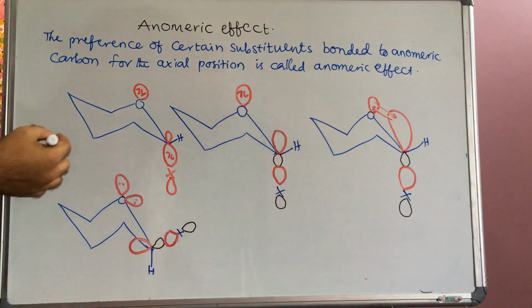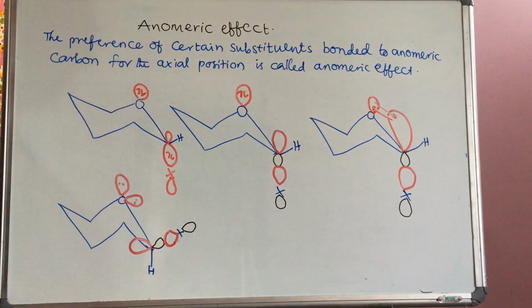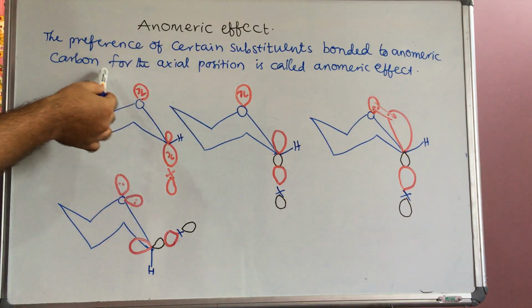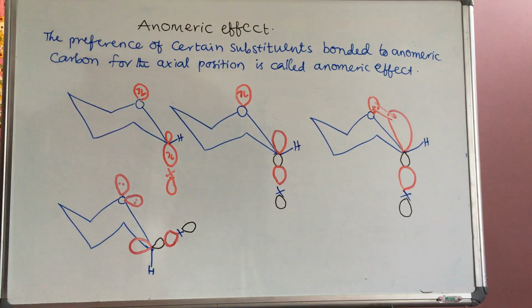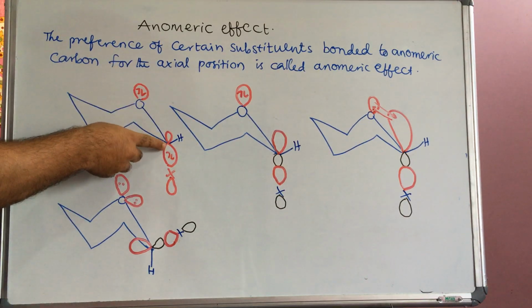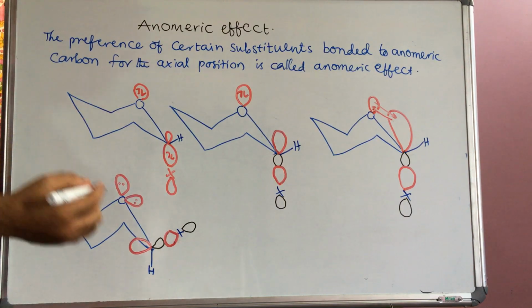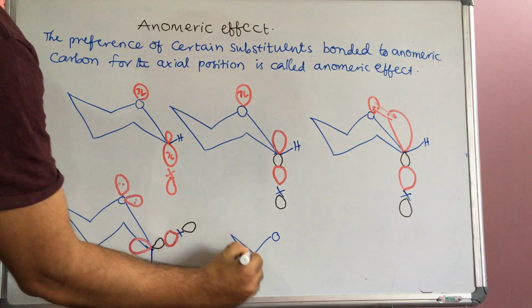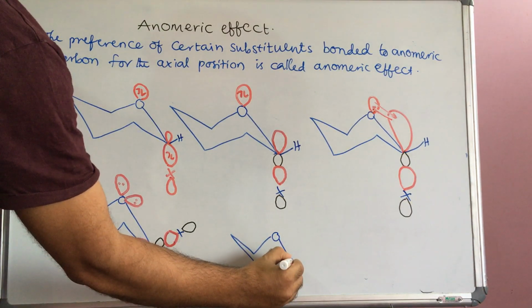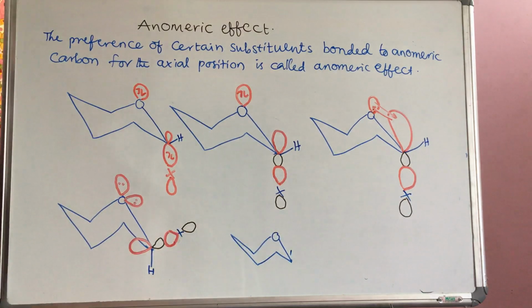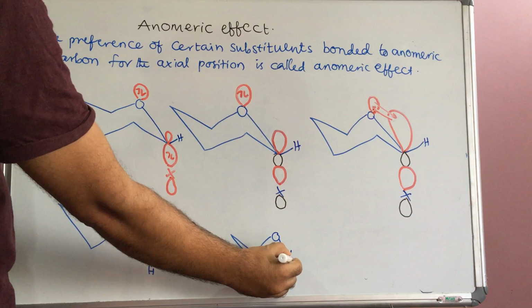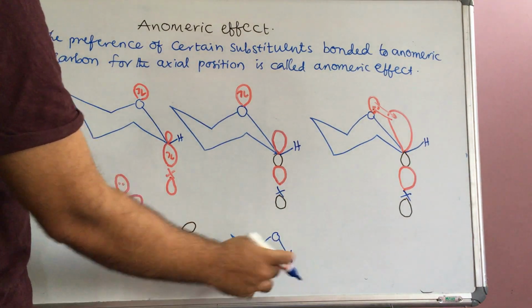Today I am discussing the anomeric effect. Already we discussed that the glucose open chain form can convert to alpha anomer and beta anomer. This carbon is the anomeric carbon at this position. Otherwise, once again separately I will write. This is the anomeric carbon. The carbon next to oxygen, the first carbon, is known as the anomeric carbon. The configuration differs at this hemiacetal carbon, that is called an anomer.